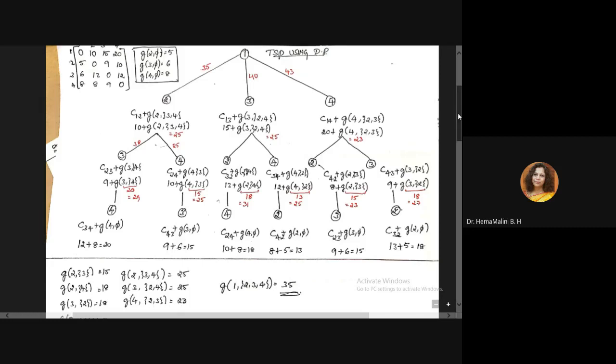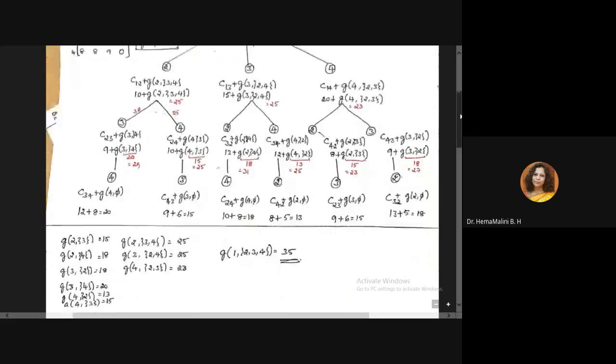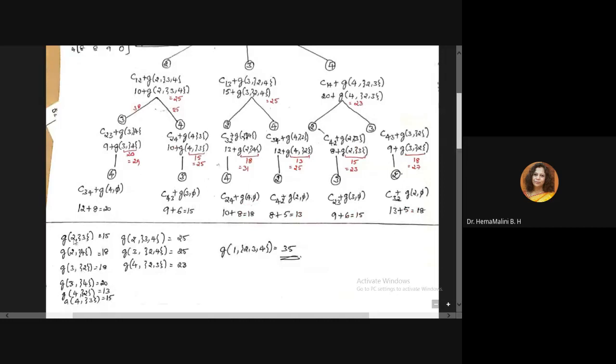In these functions, you can see here we have not taken any node. So we are going from 2 comma 3 comma 4. Next, the remaining node is one node: from 2 to 3 or 2 to 4, 3 to 2, 3 to 4, 4 to 2, 4 to 3. When you go one level higher, you will have two remaining nodes. If you go from 2, other cities will be 3 or 4. If you go from 3, other cities will be 2 or 4. If you go from 4, other cities will be 2 or 3. So these three minimum values we have taken.